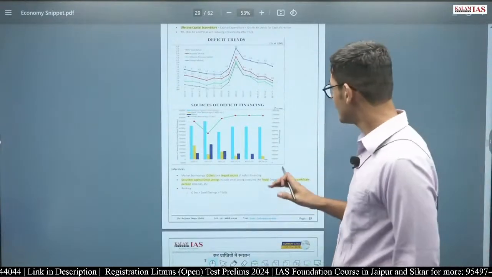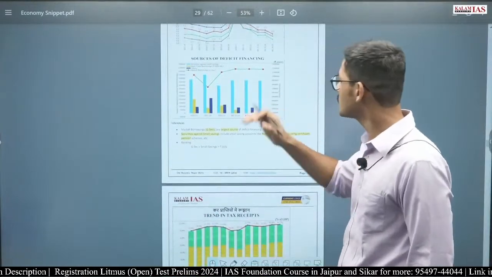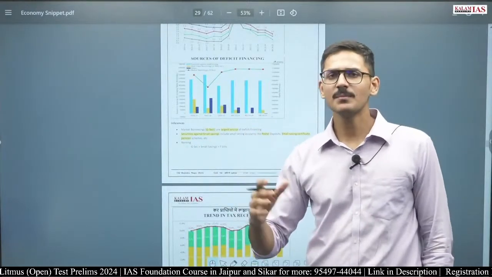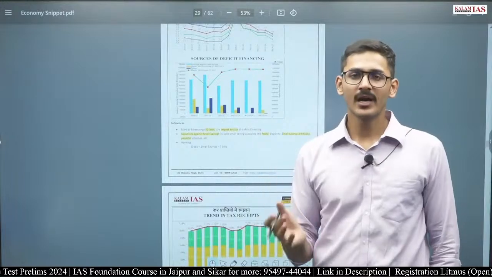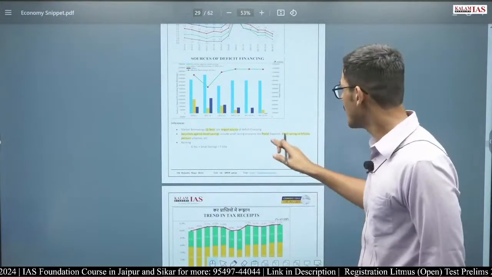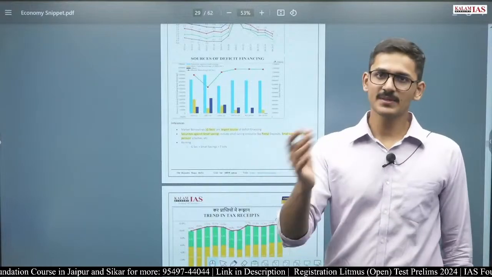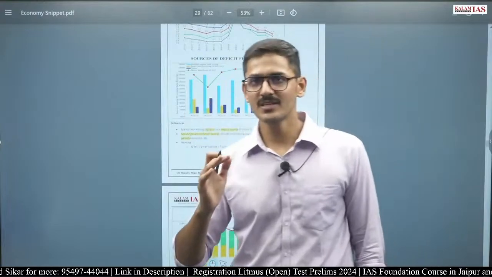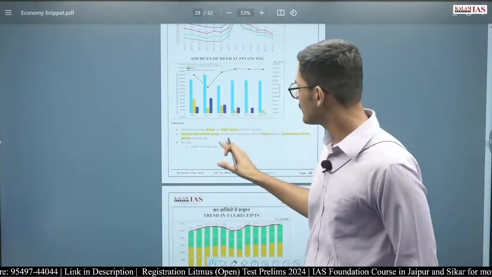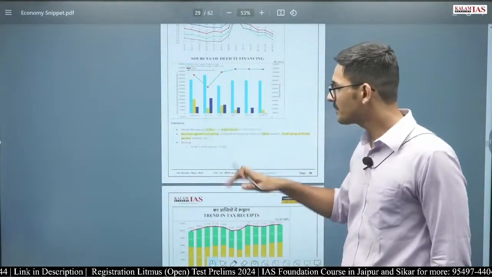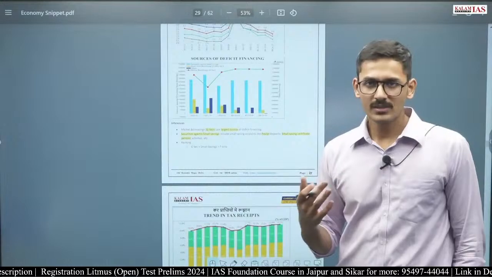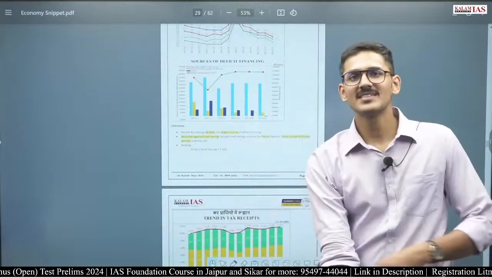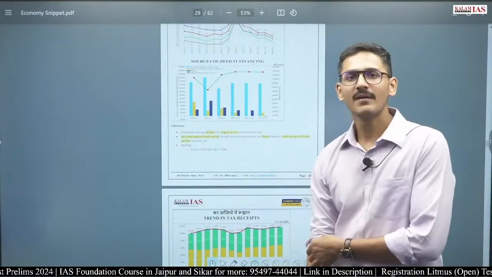So the money that we are depositing in any small saving certificate, for example, Sukanya Samriddhi Yojana, we deposit an amount and we expect that the government will repay us some day. In postal deposit, we deposit an amount and we expect that the government will repay us someday. In pension scheme, we deposit an amount till we reach the age of 60 years, and after that we get that money back. So every money that we are depositing, we expect that the government will repay us at some date, that is a loan for the government of India, that is a borrowing for the government of India. So securities against small saving is the second biggest source of borrowings for the government of India after government securities.